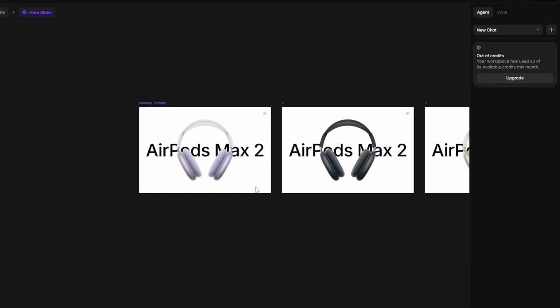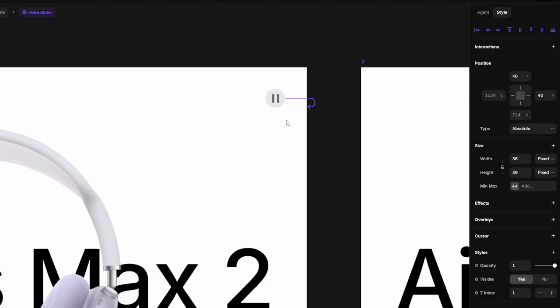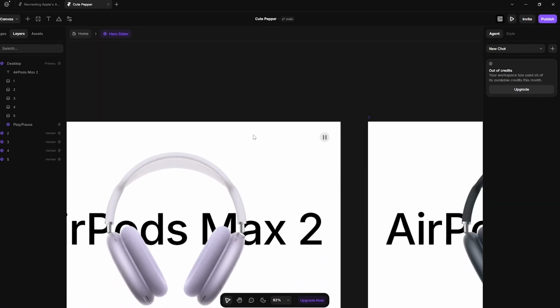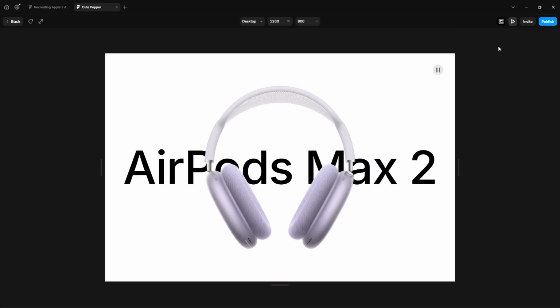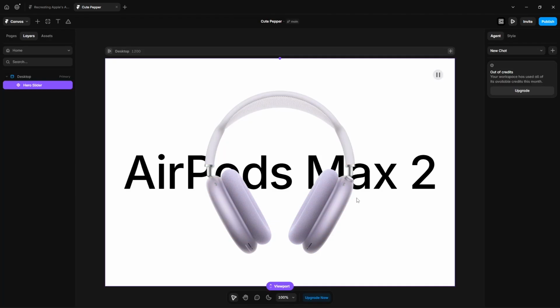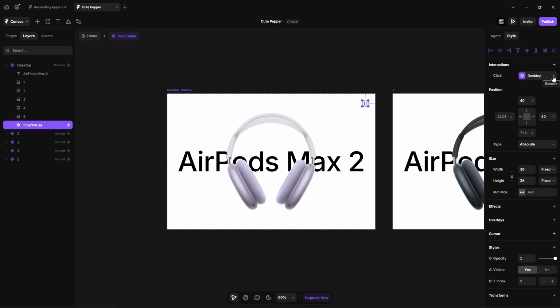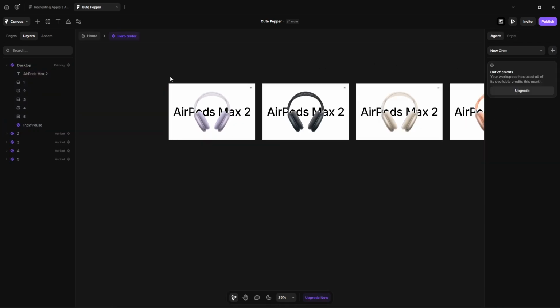When someone clicks it, we want the slider to pause. We can just click here and drop it here and expect it to pause the animation. Let's check. As you can see, it's not working because this variant already has the interaction. So to fix this, let's remove the interaction here and then